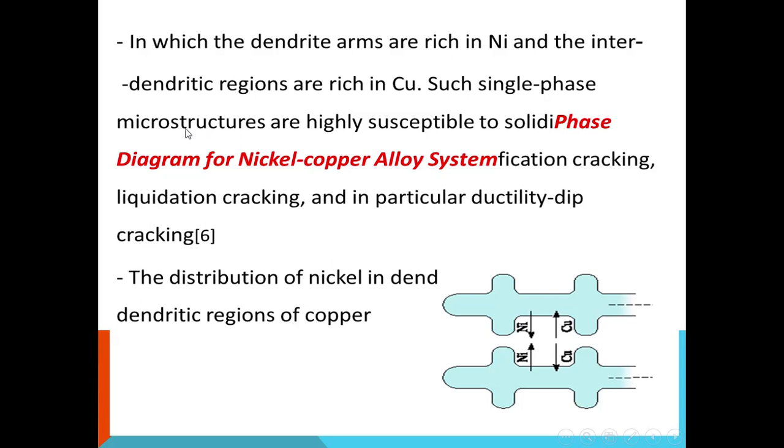Such single-phase microstructures are highly susceptible to solid phase cracking,